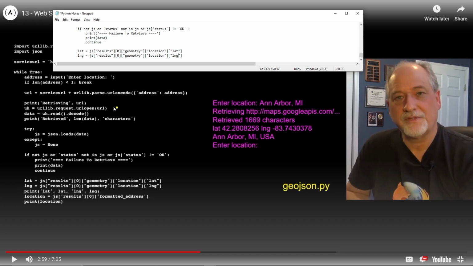Okay, I get it. Then we're going to print lat, the string lat, and then the variable lat, and we're going to put the string longitude. We've got that right there. And we're going to put longitude, the variable, in there also.